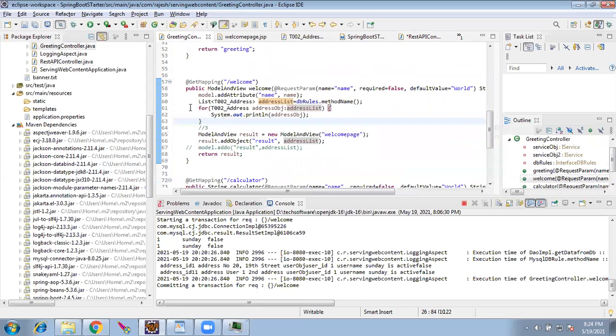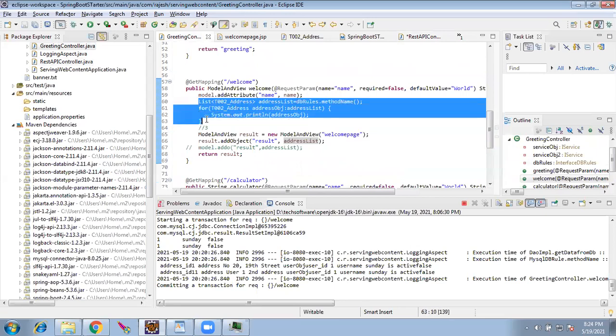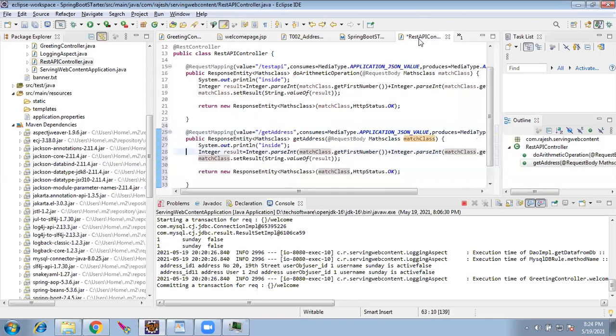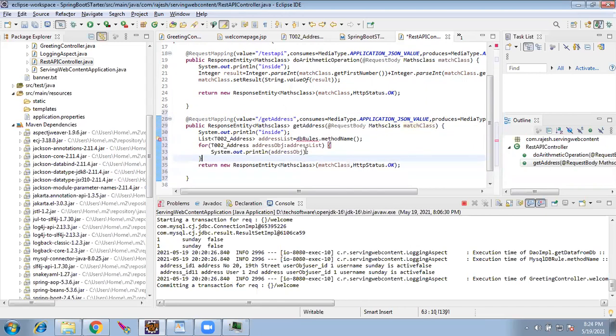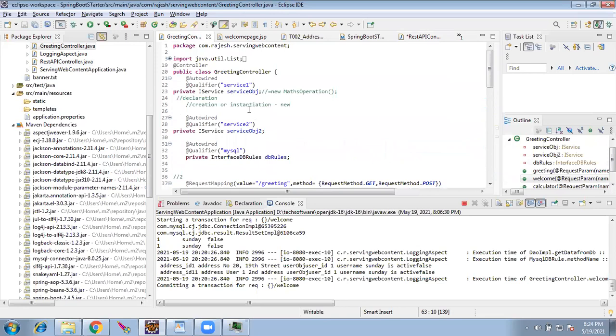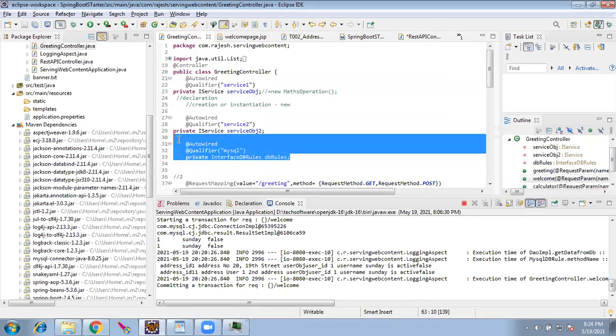Here I will copy this piece of code, the DB rules for the item list, and paste it here. I have to inject that as well.